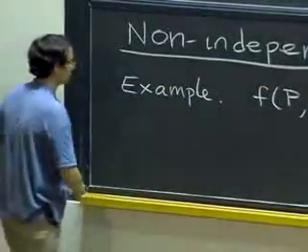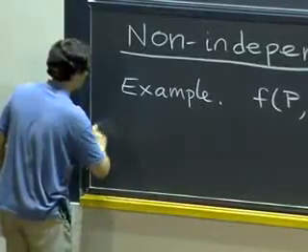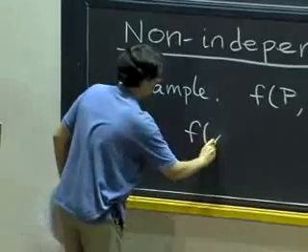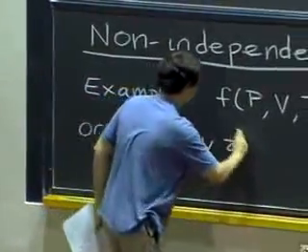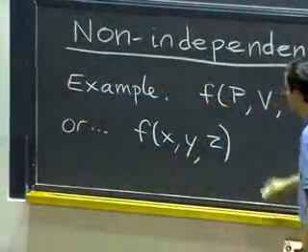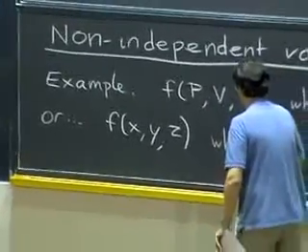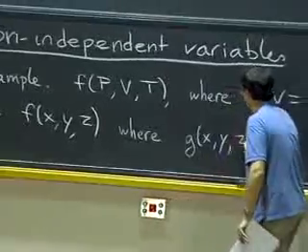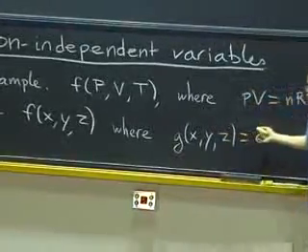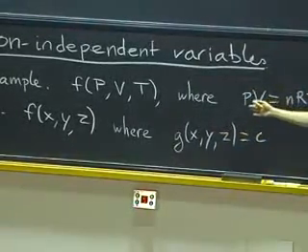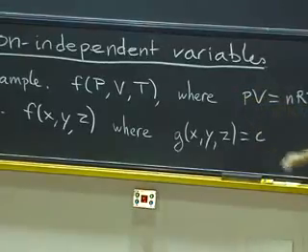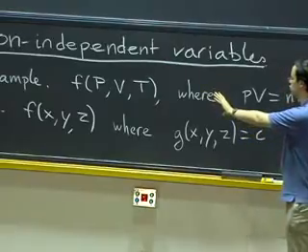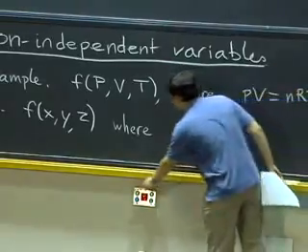So, okay, I mean, more generally, let's say just for the sake of notation, I'm going to think of a function of three variables, x, y, z, where the variables are related by some equation that I will put in the form g of x, y, z equals some constant. Okay, so that's the same kind of setup as we had last time, except now we are not just looking for minima and maxima, we are trying to understand partial derivatives.